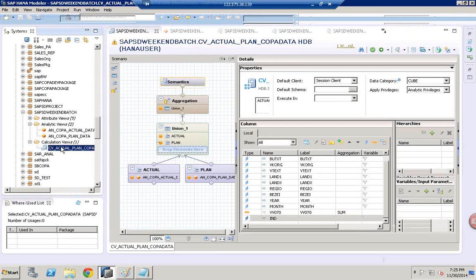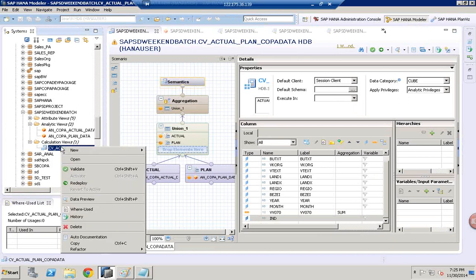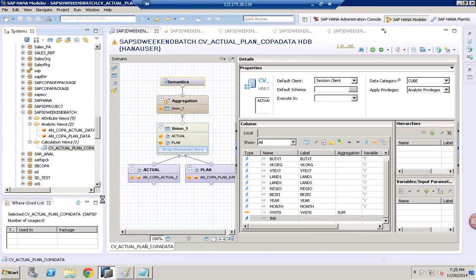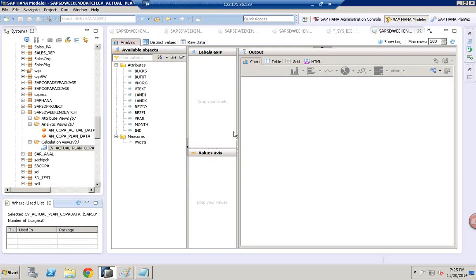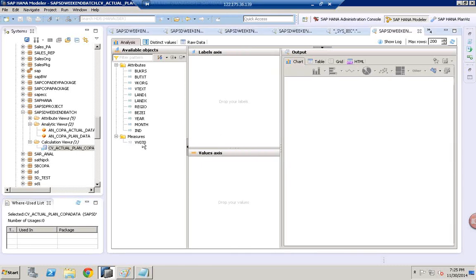Right click on the calculation view, data preview, drag and drop VV070,